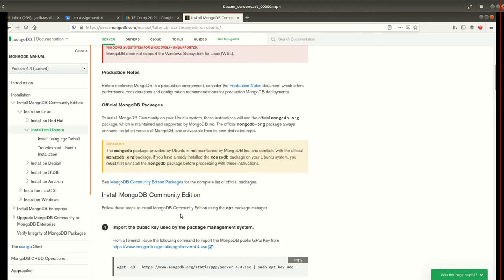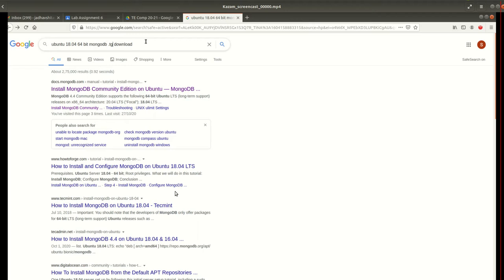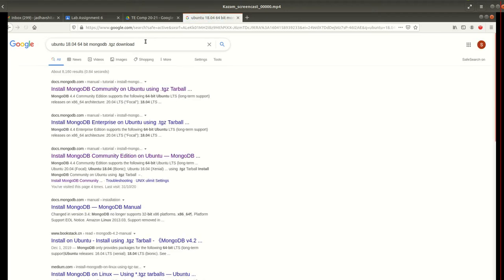So I'll check which downloads are available. Here specifically I have typed mongodb.tgz download. I want to download a .tgz file. A TGZ file is similar to a zip file.